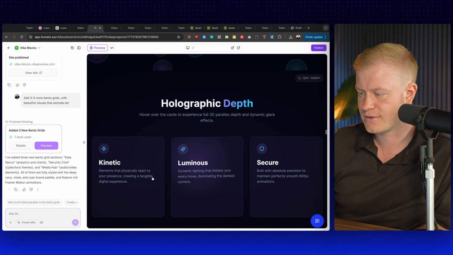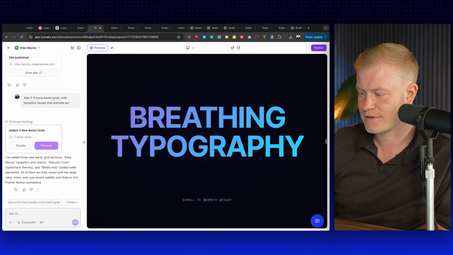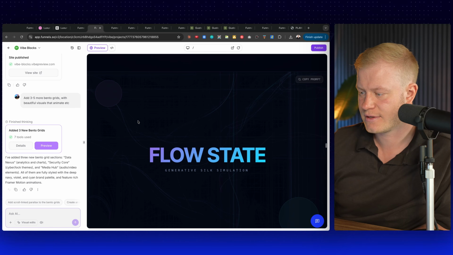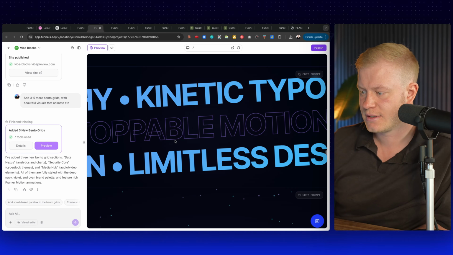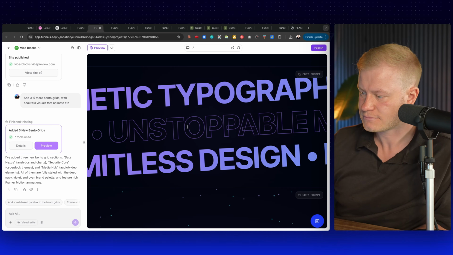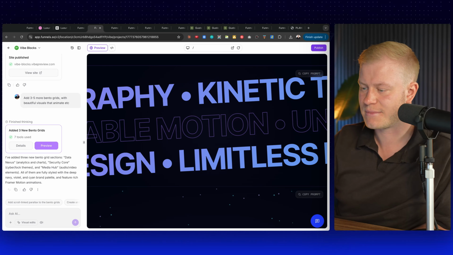Hover effects, 3D holographic depth. Cursor spotlight, very basic. Breathing typography. Flow state in the background, it's moving a little bit. Scroll tracing. This is just a looped animated